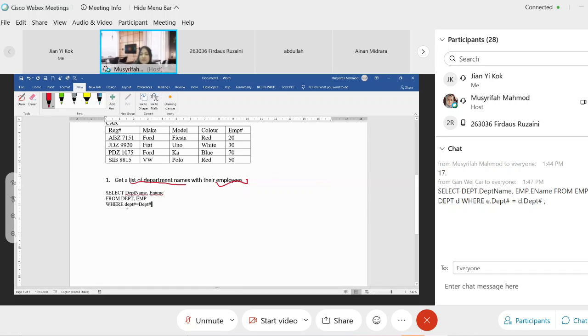Okay, some of you can get it, but some of you are still writing it. So now this is the problem, why you need to have aliases. As your friend gave you the example just now, you can put as, this is the department, you can put DEPT dot department. This is also fine, meaning you do not need to put aliases. But if let's say I want to put aliases,